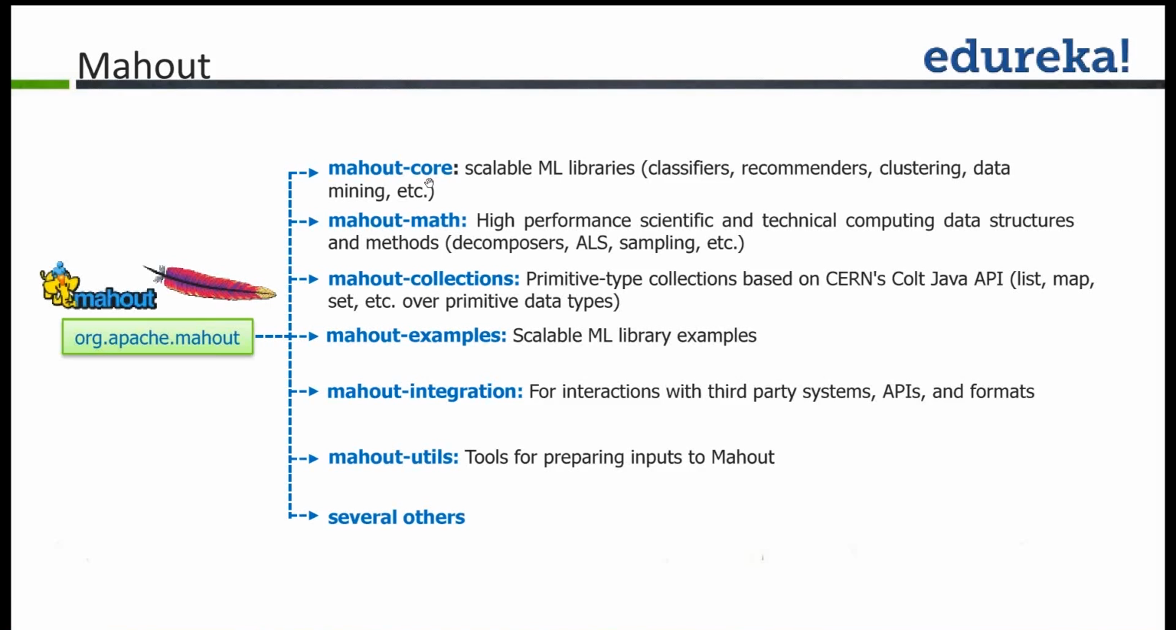Again, you don't need to know them, but if you want to implement a new algorithm, you can actually go ahead and use these Mahout collections, which are essentially better implementations than what you get from the Java Lang package, for example. Okay, and there are some examples in the Mahout examples package,